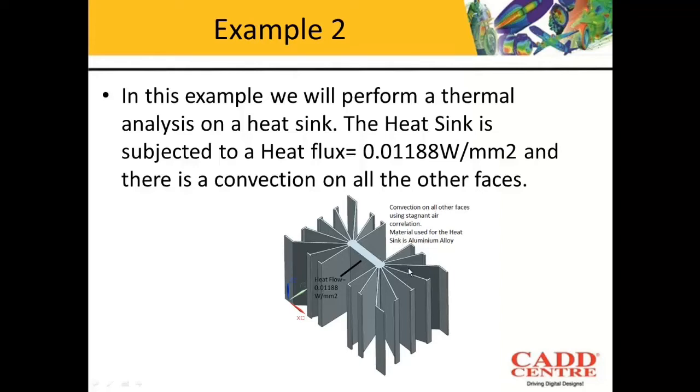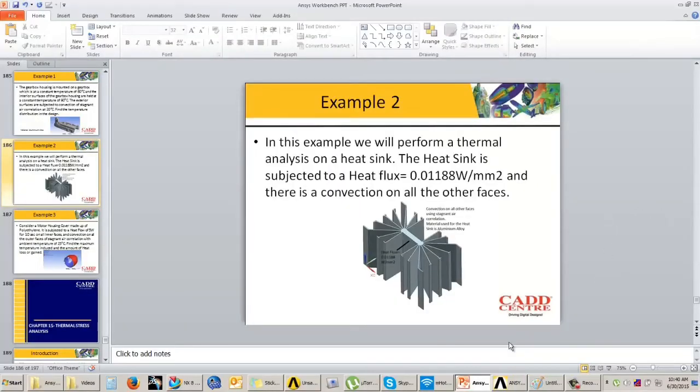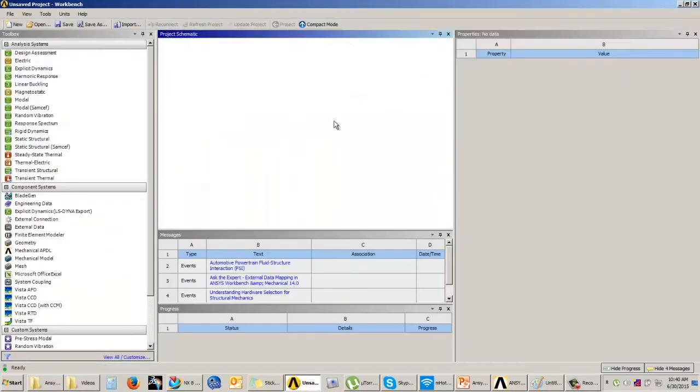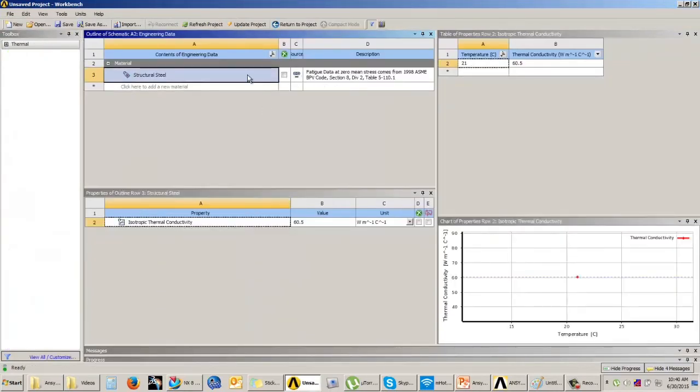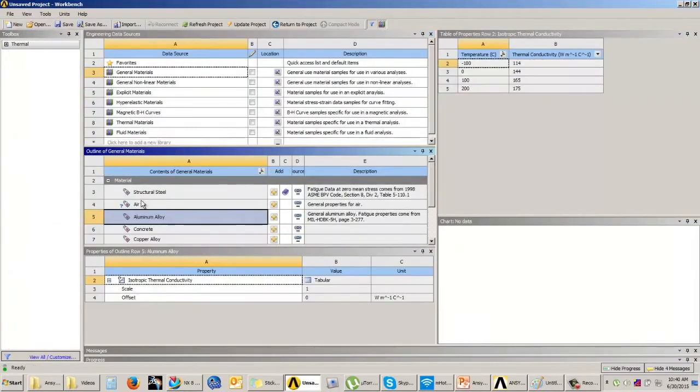Okay, so again in this case we will be using the convection data that is available in the Ansys Workbench software, and the ambient temperature that we will consider is atmospheric temperature, whatever the default atmospheric temperature is. Okay, so now let us perform this analysis in Ansys Workbench. We will come to the software. Again, this is a steady state thermal analysis. We need to add the material aluminium alloy. So I will take the aluminium alloy,